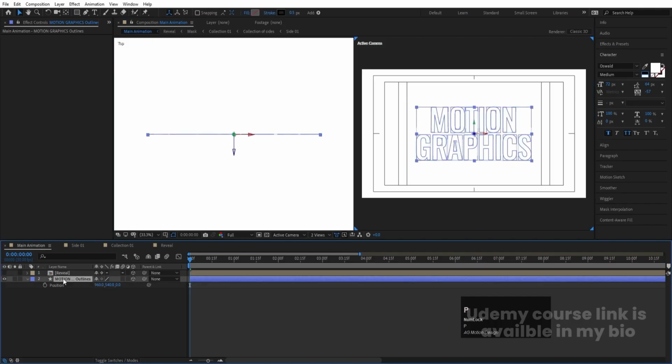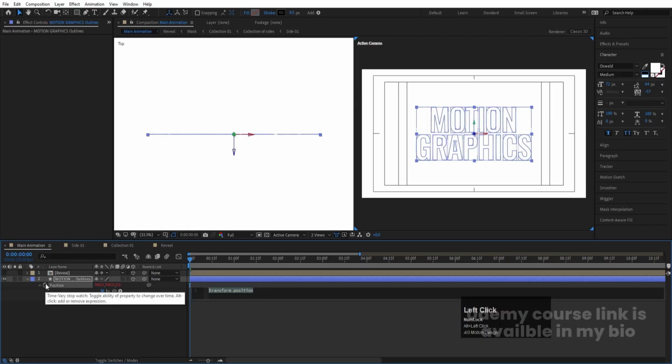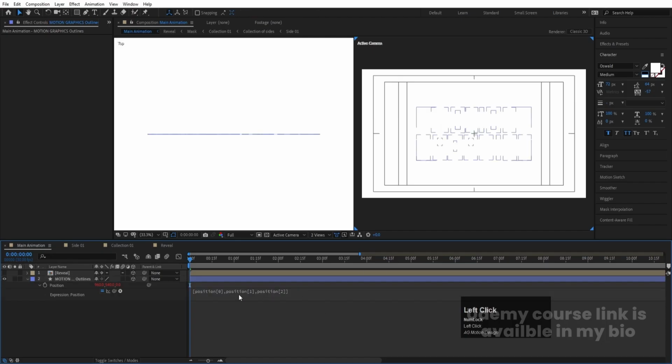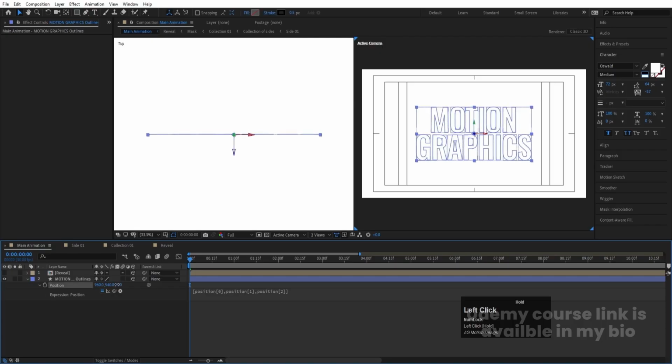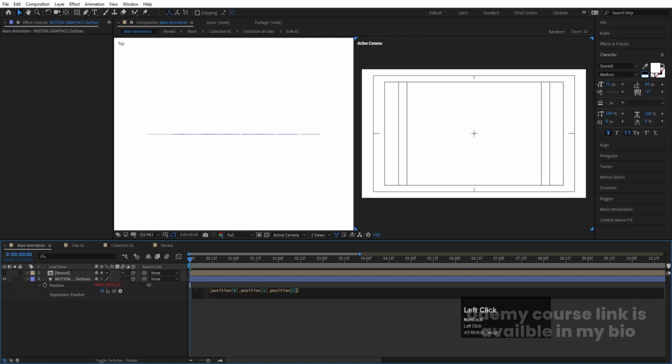Let's select this and press P for position, and I can move it on Z direction. So alt click on this position over here. Again we will type same expression, position 0 comma position 1, and because we have 3 axes now, so after that also we need to type comma position open and close bracket 2, and after that close bracket. Okay, so make sure to select this over here, and now I need to change the value of this on Z direction in negative value. So what I can do, I can type over here -20